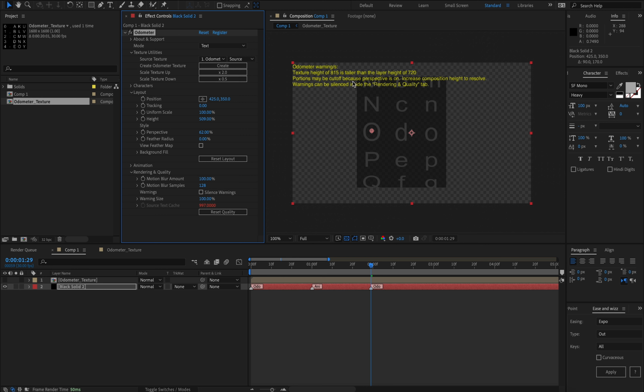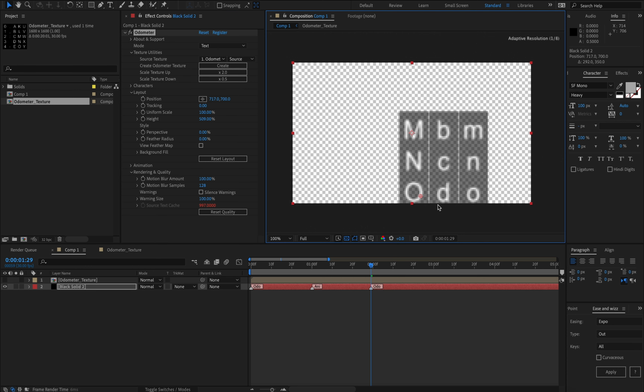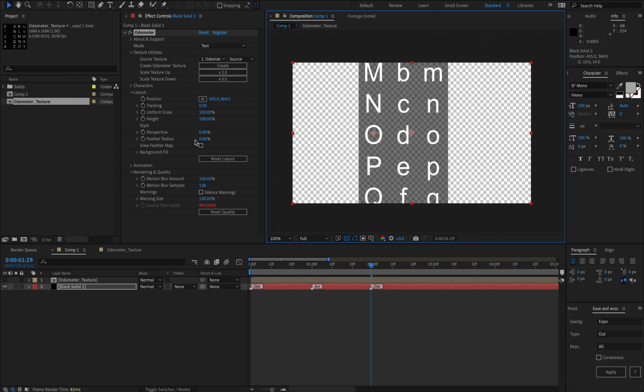So it says portions may be cut off because perspective is on. We can increase the composition height to resolve. If we had no perspective, we'd have no issue. There's nothing being cut off. But because we have perspective on and it's a post effect, we need the entire result to be visible without